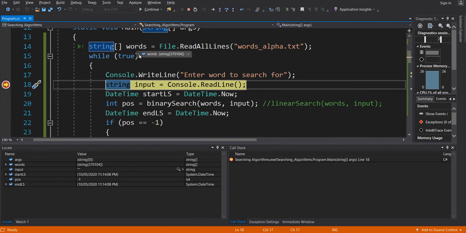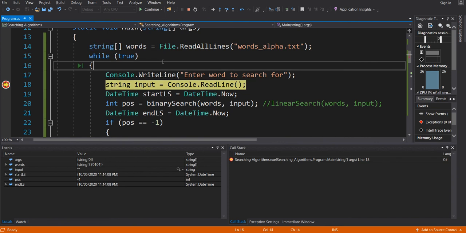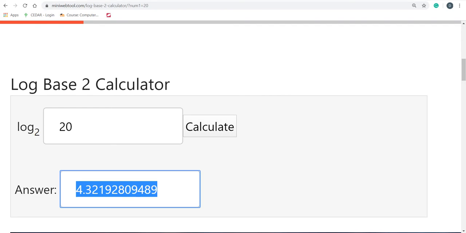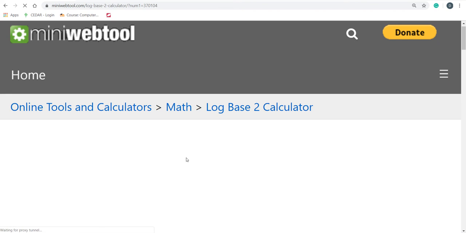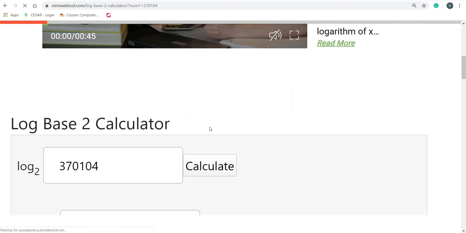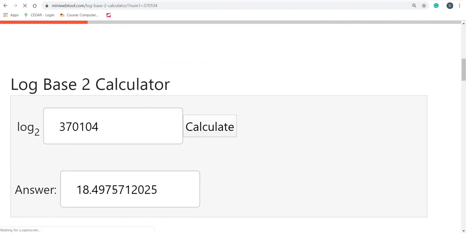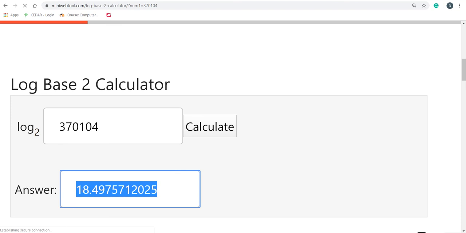So in our array, we've got 370,104 different words. So if we put log to the base 2 of that number, we get 18.4, and as I've said, we need to round up there,